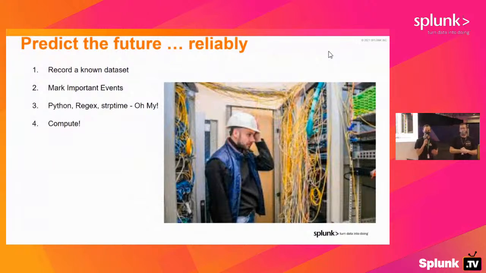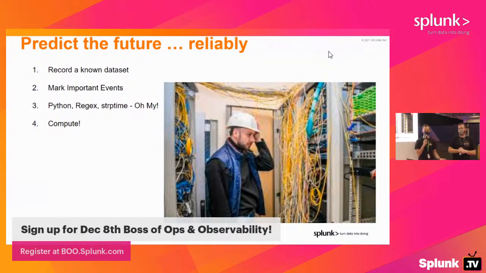Yeah, so what we do is when we have a new episode we want to create, a new scenario we want the gamers to play, we go out and we actually have that scenario happen in one of our environments. So we go out and we record a known data set. So maybe there's an outage in the cloud. So we actually go out, we cause that outage, we collect all of that data in Splunk, and we go through and we say, oh, okay, here's the events that we know are important to the gamer that we're going to want them to find. And that might have happened back in June, July, August.